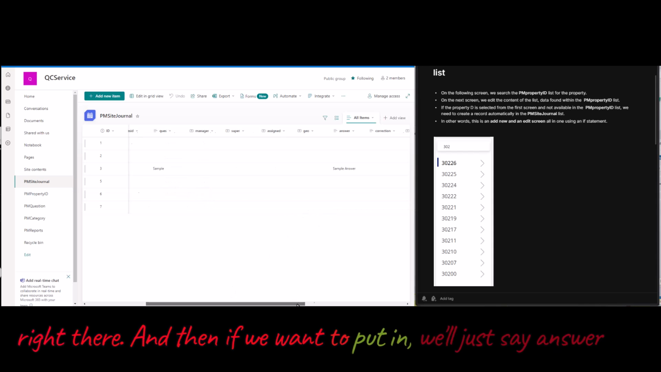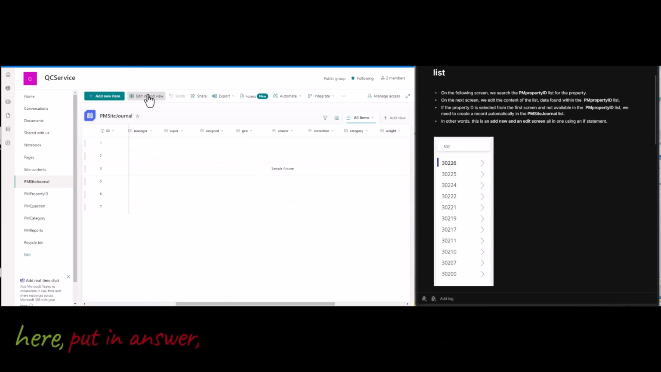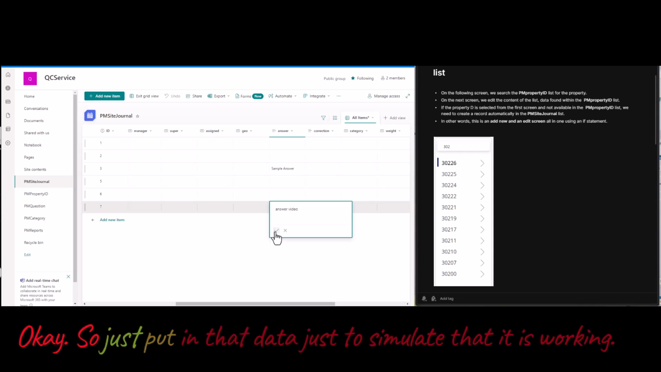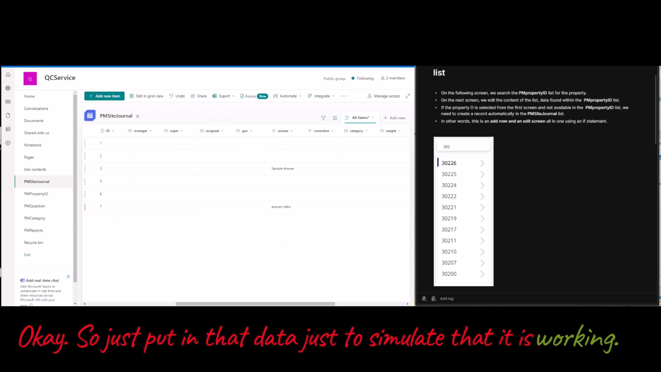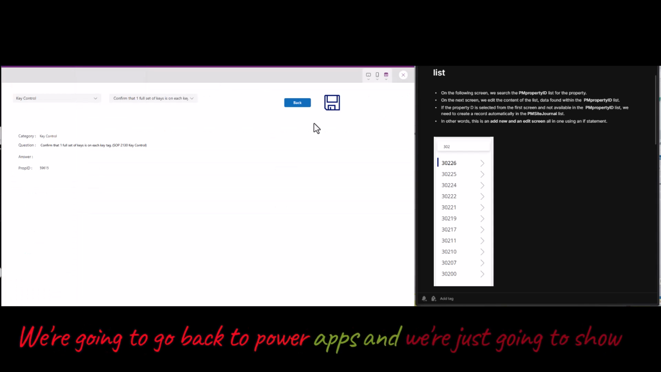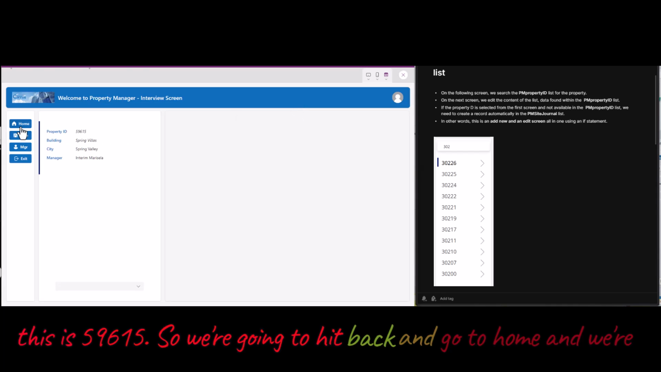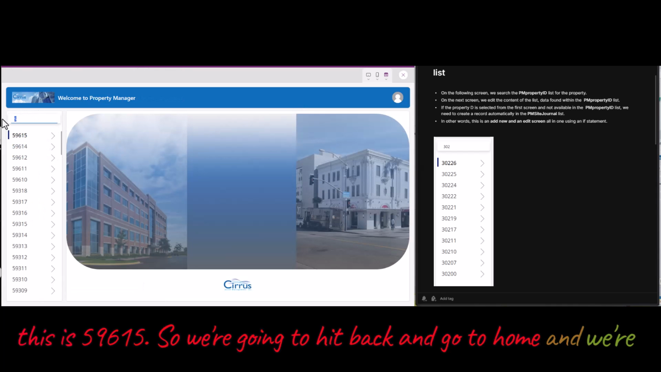And then if we want to put in, we'll just say answer here. Put in answer video. Okay, so just put in that data just to simulate that it is working. We're going to go back to Power Apps, and we're just going to show. This is 59615. So we're going to hit back and go to Home, and we're going to type again the